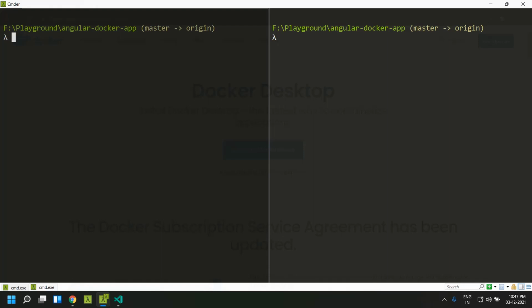For example, for running or for building an Angular application, we need the Node.js environment. So we can include that within a Docker container, and it can be used for building the application, and maybe we can use Nginx or something like that to run the Angular application. So all these software which is needed to build and run our application can be included within the Docker container. So this enables that the host environment in which the application needs to be run need not worry about all the software requirements. These will be handled by the Docker container itself.